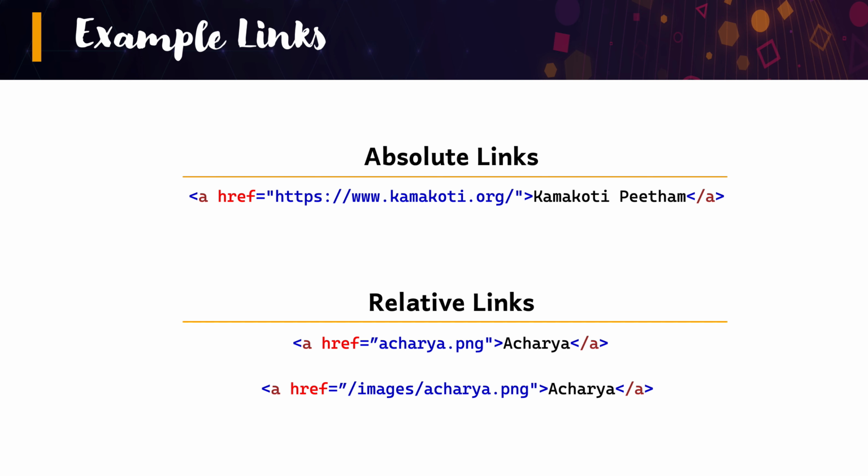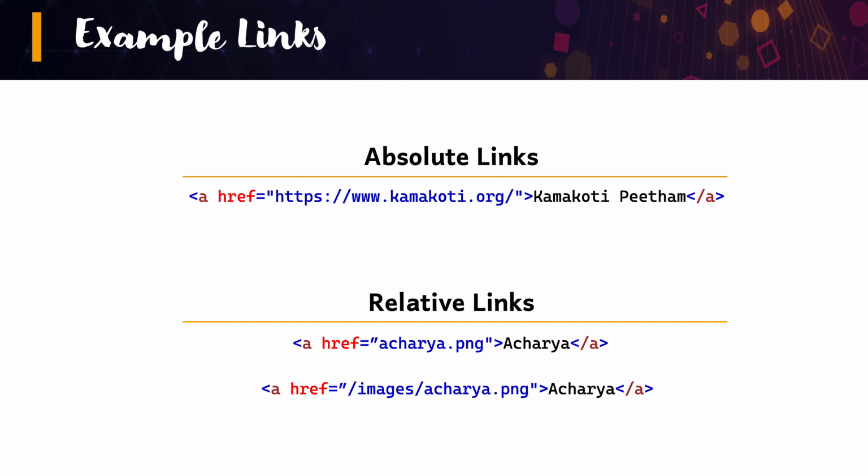Most of the times the URL is pointing to another web page, but there is no restriction that it has to point to a web page. It can point to a file, it can point to a picture, it can point to any other resource, whatever the browser can support. Okay, so the attribute name is called href. The value of the attribute defines where we want to go or the resource that we want to get.